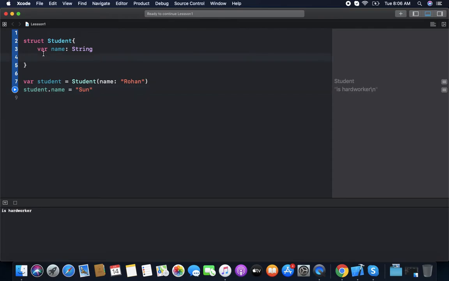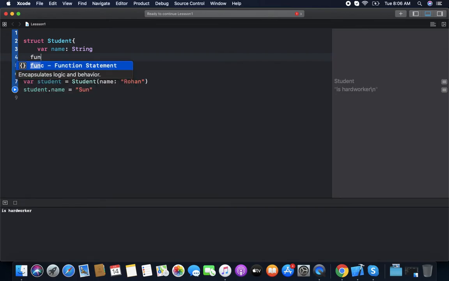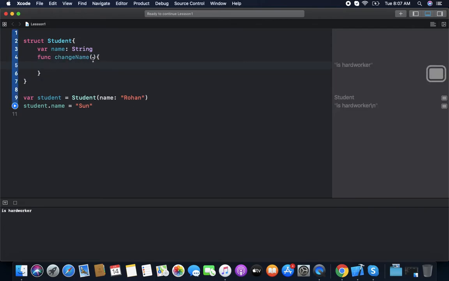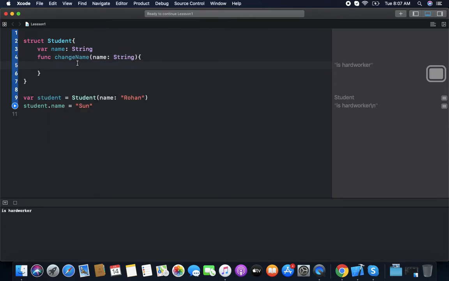But if we want to change it within a function, we write a function changeName.